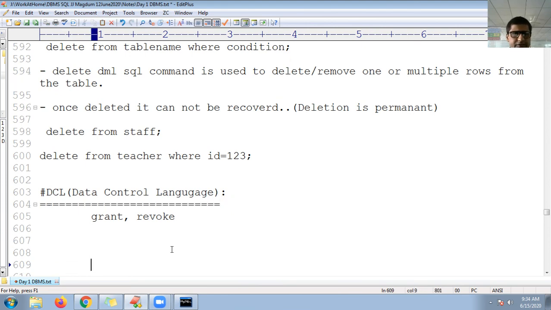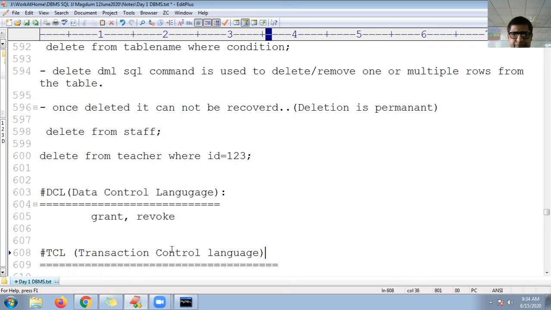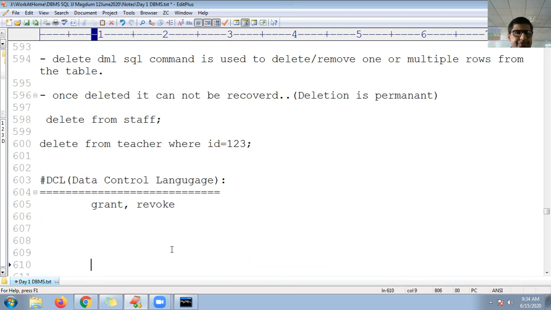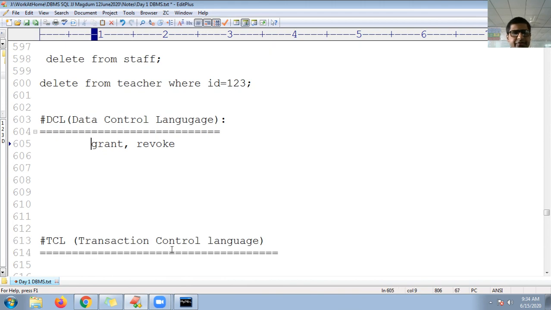We shall see about DCL first. Okay, fine, guys.